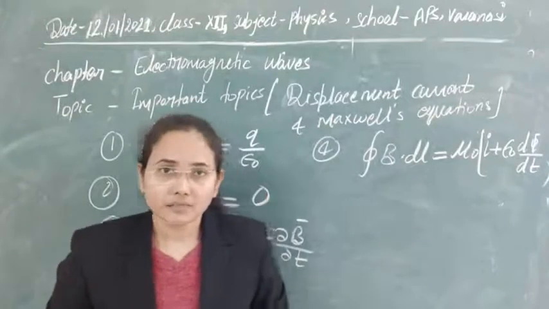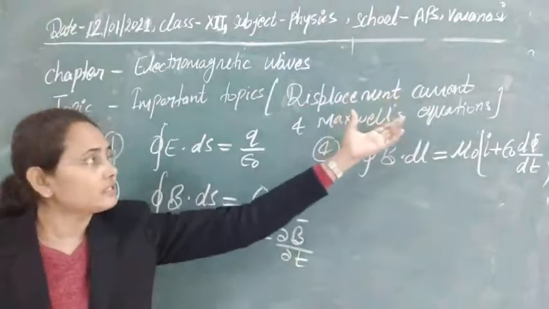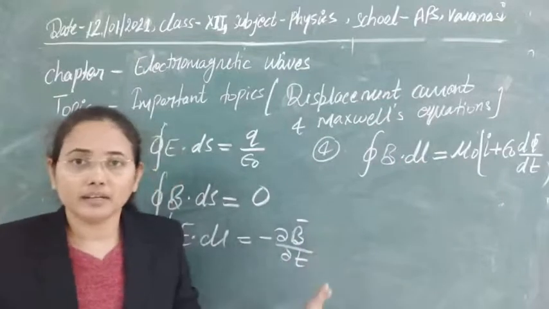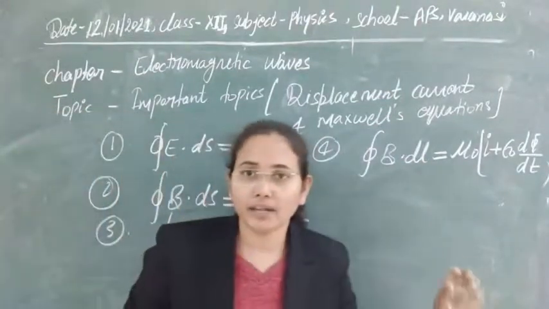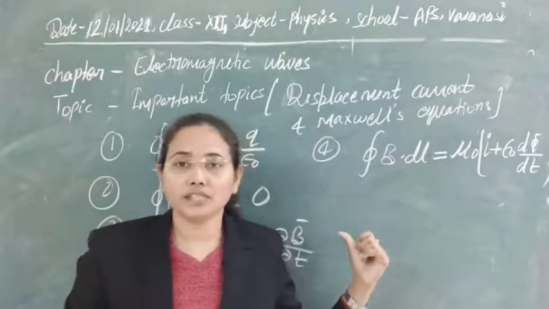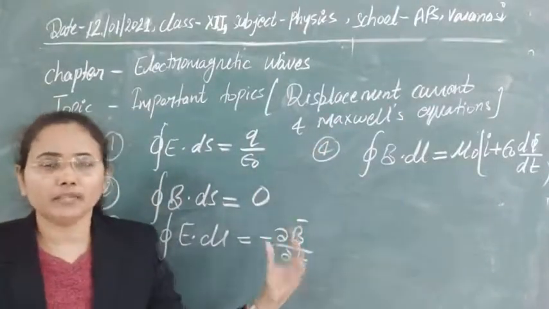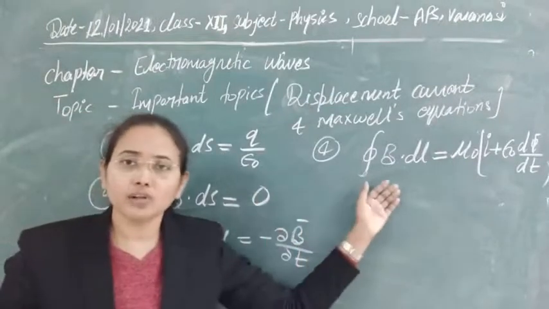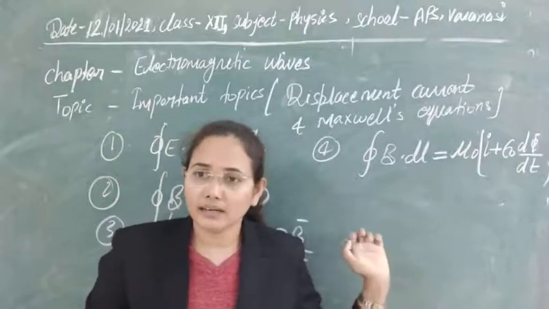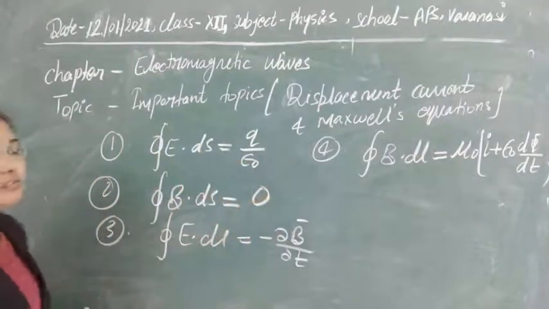So I think now the four Maxwell's equations we have written, why we needed this displacement current and what the displacement current is, how it arises, that is now clear. I have also explained it with the help of the differential form of these equations, as these are integral forms and we have also converted them into differential form. With the help of that I have shown you why we needed that. You can also see it in these integral forms, so just look at them again and try to understand them. The next thing is, what is the physical significance of Maxwell's equations?